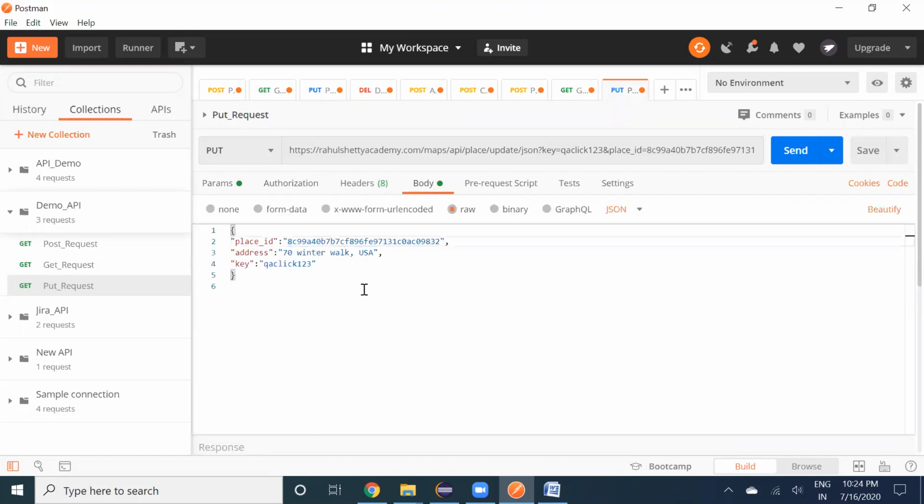You are giving the place ID you want to update, and you are changing some address. You change it to something like Canada. Now you click send.